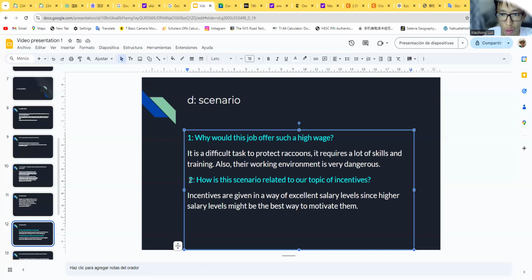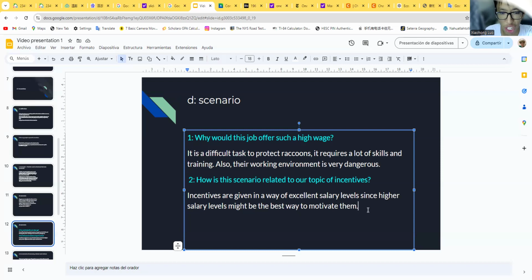how is this scenario related to our topic of incentives? Yeah, actually, incentives work in this way. In these cases, incentives are given in the form of excellent salary levels, since a higher level might be the best way to motivate them to keep working, because as I said, it is a difficult task for them,